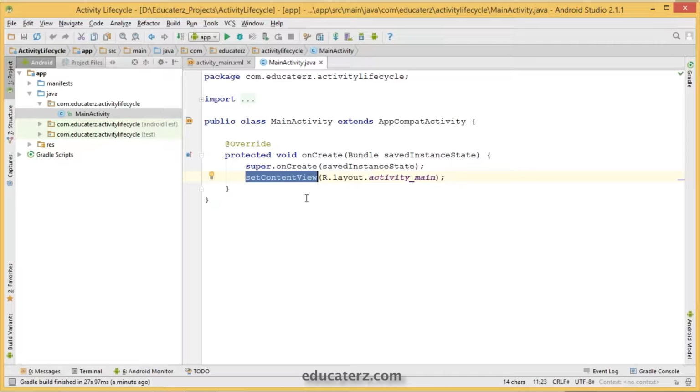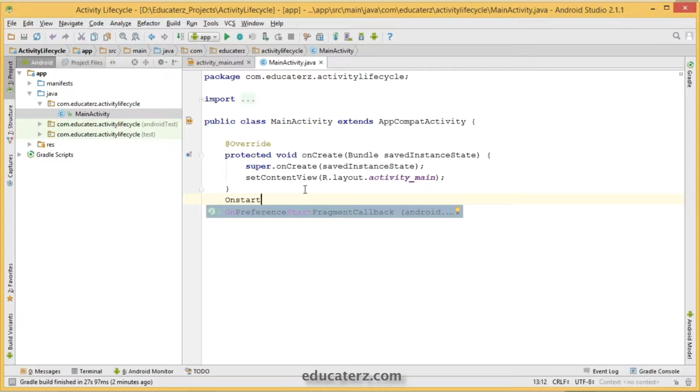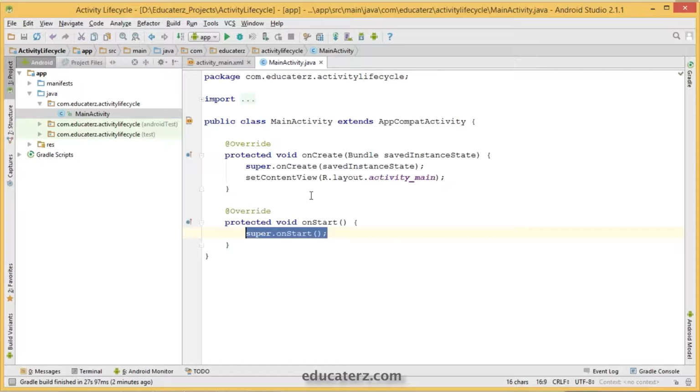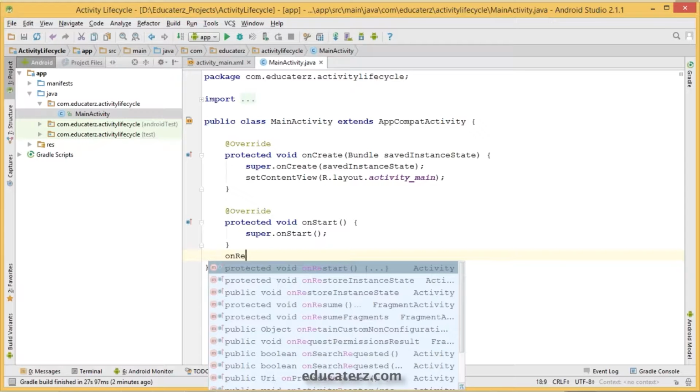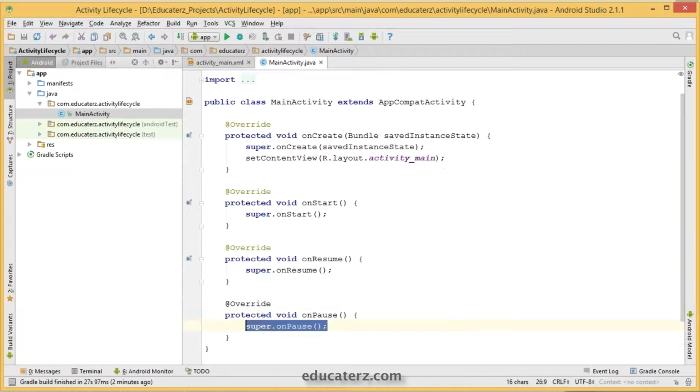Now I would like to add the remaining methods as well. So the next one is onStart. So just override all of them. And the next one onResume. onPause method, next one.